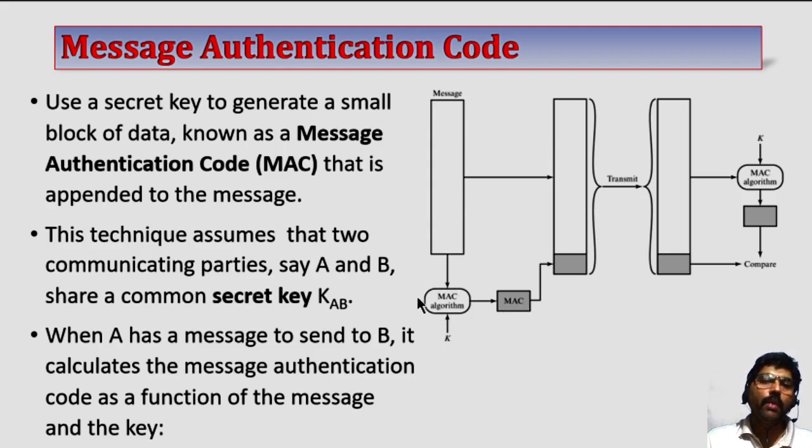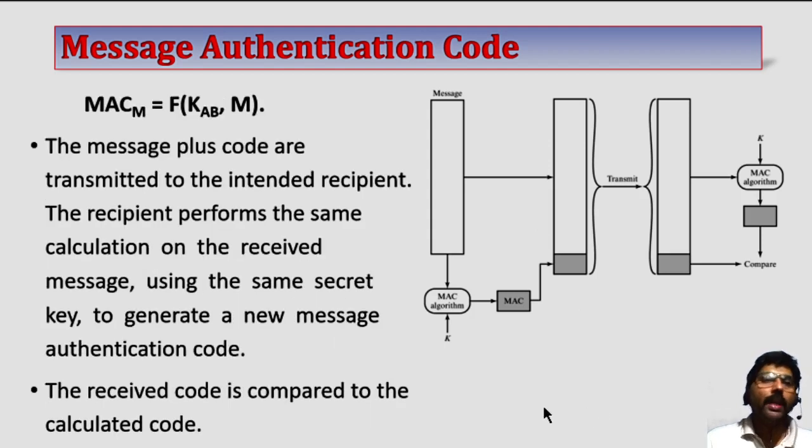For that, it uses an algorithm called the MAC algorithm, which accepts two values. One is the message. The algorithm takes the message and the key as input and generates a small MAC. It is a few bits of message authentication code, and that is attached to the message, which can be explained by this mathematical formula. The function takes the message and the secret key, and generates the MAC. And this MAC is attached to the plain text and sent to the receiver.